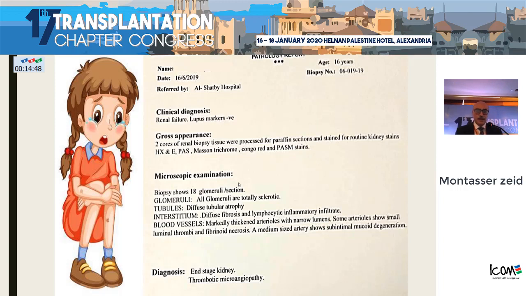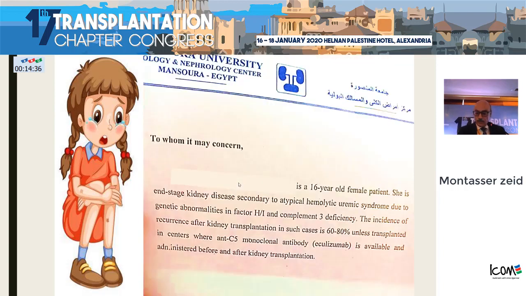A short story of a female, 16 years, presenting with end-stage renal disease. A renal biopsy was taken and revealed that she has end-stage renal disease and thrombotic microangiopathy. She went to Mansoura Nephrology and Urology Center and came back with a report about her end-stage renal disease secondary to atypical hemolytic uremic syndrome due to genetic abnormalities in factor H and I and complement factor 3 deficiency,